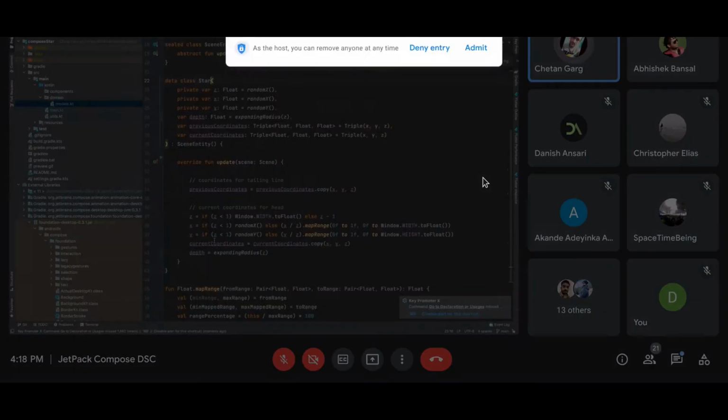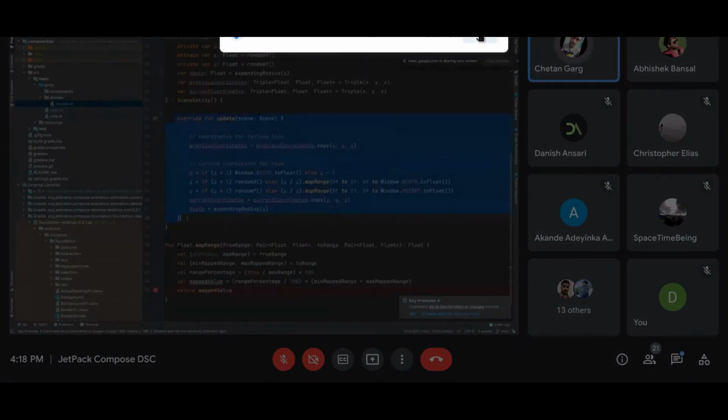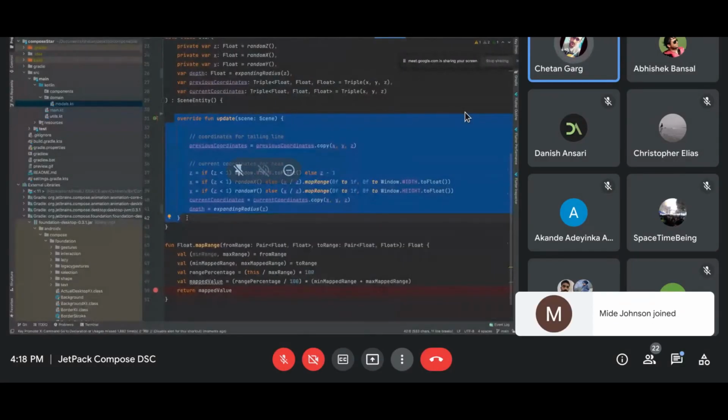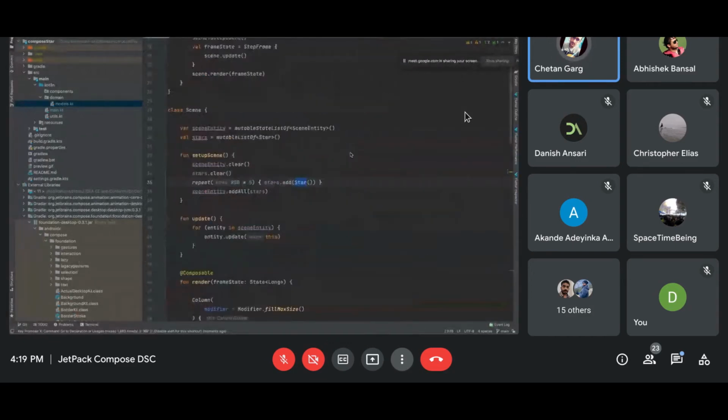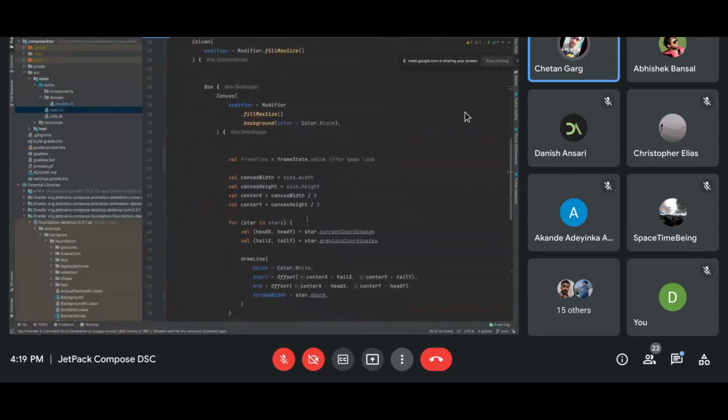And this update function is getting triggered on every recomposition, and that is how I'm updating my screen every second. So this whole thing is the logic which is controlling the movement of that line which is going towards your eyesight, right?